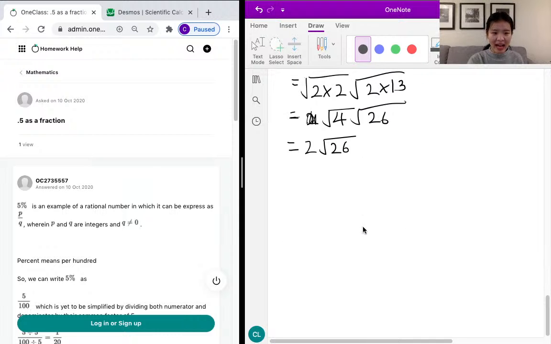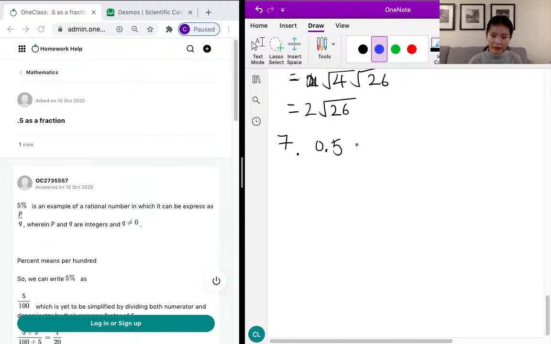Our next problem asks us to convert 0.5 to a fraction. 0.5 is a decimal, and we're converting a decimal to a fraction. So again, 0.5, or rather, let's do this over here so we don't confuse the point. The 5 is on the tenths place, so it's on the first place after the decimal point. So it's on the tenths place, so we know that 0.5, we can just take the 5,